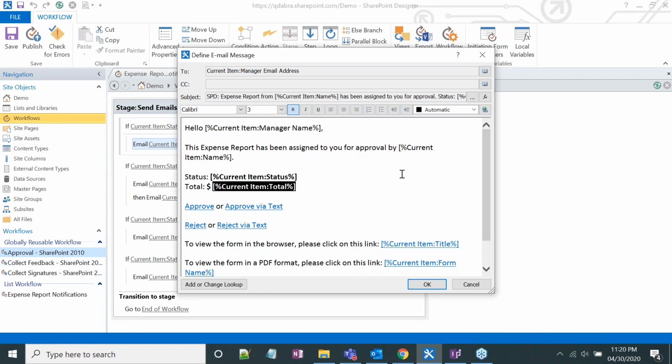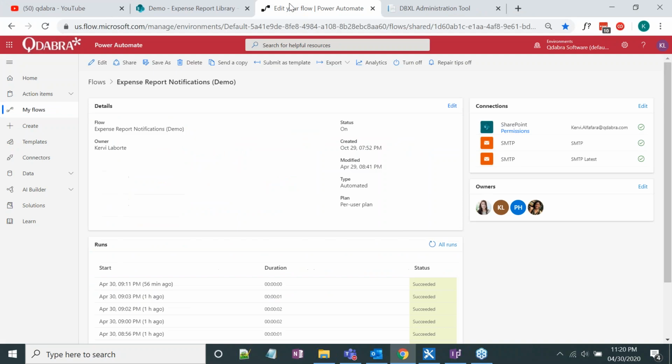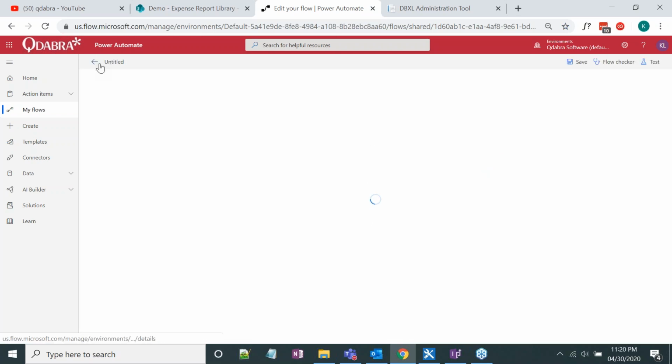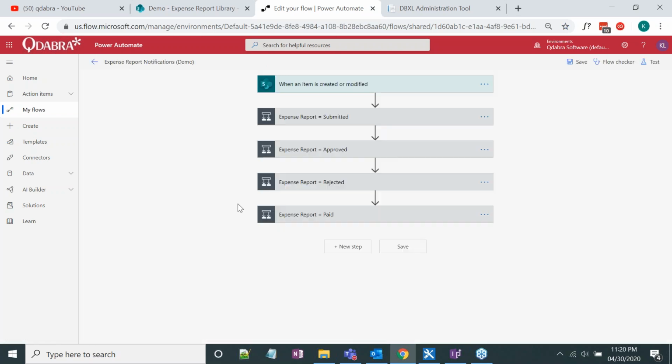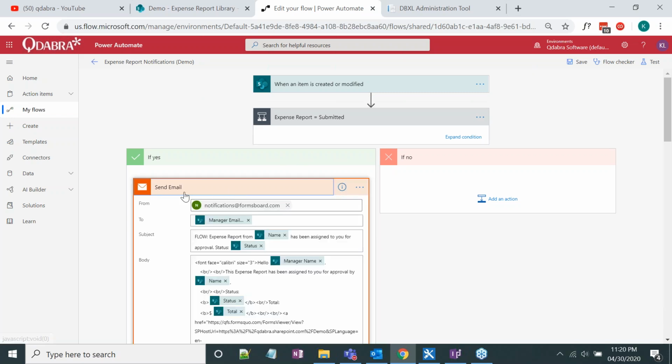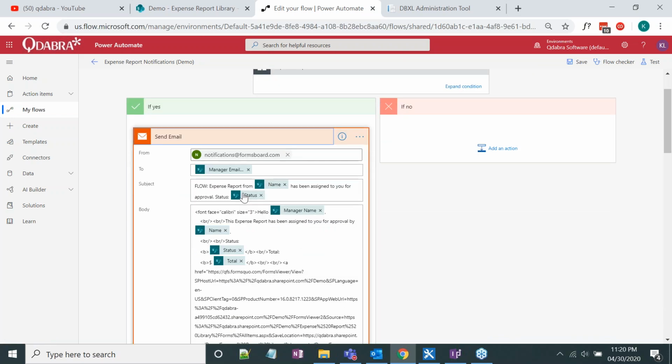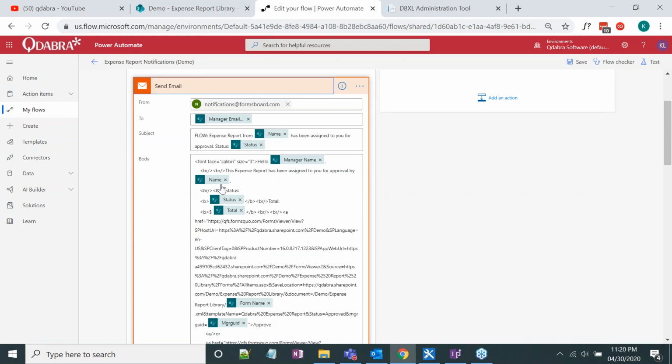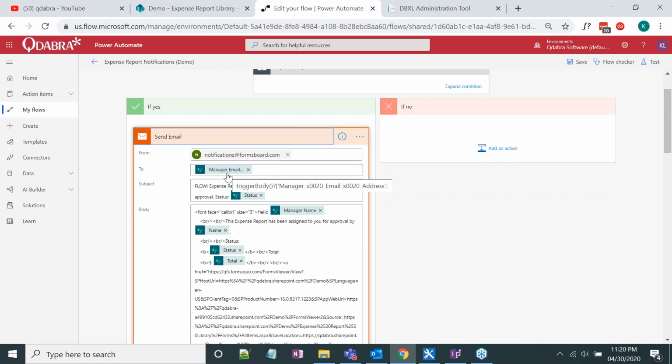So now I'm going to show you how our email setup looks like in Flow. Okay, so here we have the expense report notifications demo flow. And when I click edit, it will show us our flow. So here, when we expand this action and click the send email, it's going to show us the content of our email. So I'm using the SMTP action for sending the emails,